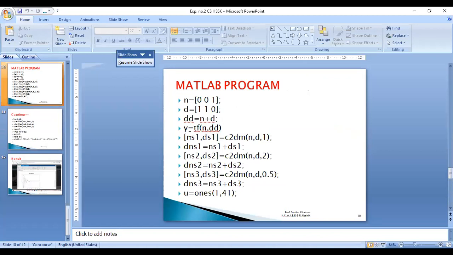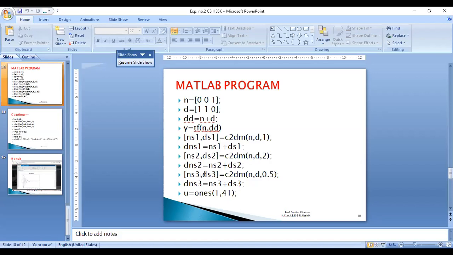Y is the response, so y equals tf of n comma dd. Then ns1 ds1 is equal to c2dm of n, d, 1, where 1 is the sampling period. dns1 will be ns1 plus ds1. Second case, we will take the sampling period as 2 seconds. So our command will be ns2 comma ds2 is equal to c2dm of n comma d comma 2.